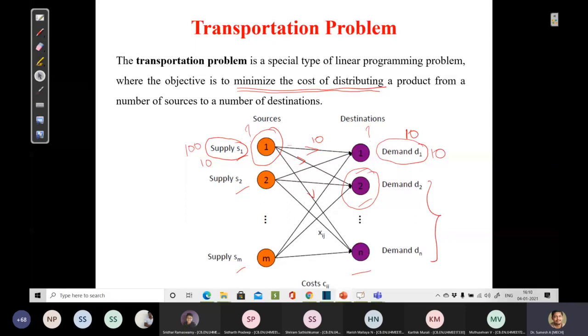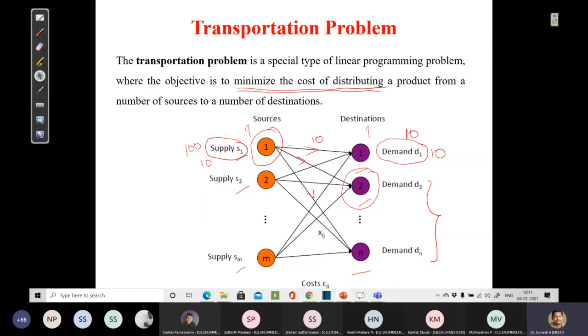And sometimes you have one plant in Coimbatore and another plant in Mumbai. If you take that case, there is a destination at Delhi where a high demand exists for a particular product. Then you have to think of whether to send it from Mumbai to Delhi, or from Coimbatore to Delhi, whichever is cheaper. Sometimes Mumbai to Delhi will be cheaper, but your Mumbai plant will not have that production capacity. Say, for example, the demand for Delhi is 200 and your Mumbai plant only has a capacity to produce 100. So from Coimbatore you need to send 100 to Delhi and 100 from Mumbai to Delhi. That's the way the demand has to be met.